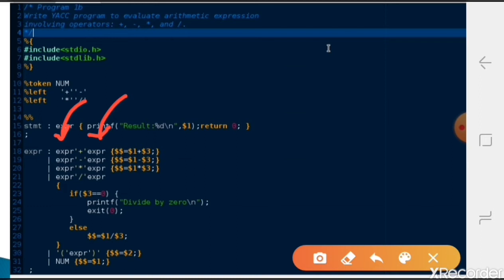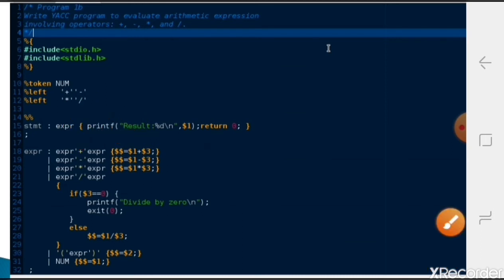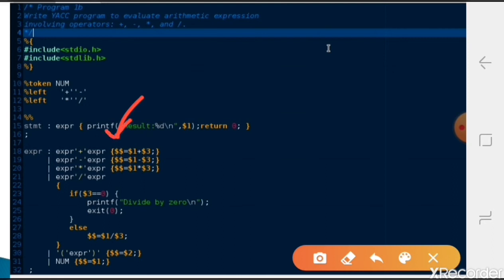If the input matches this production, the result is $$ equal to $1 plus $3. The plus symbol is only for identification. After identifying, in the action part we just add the two expression values and keep the result in this expression.